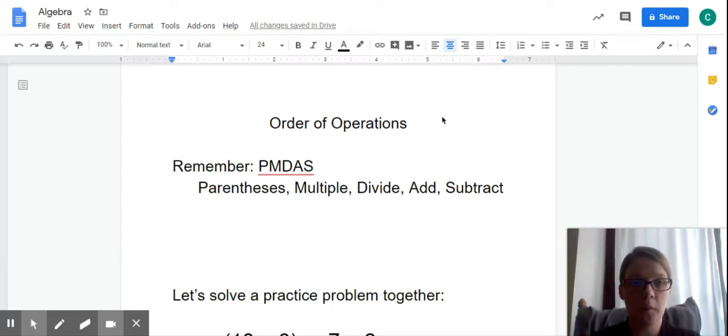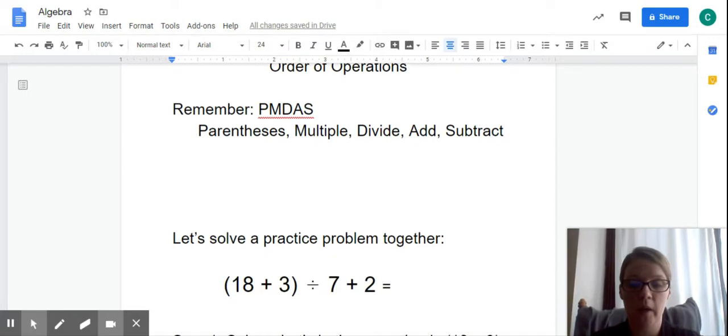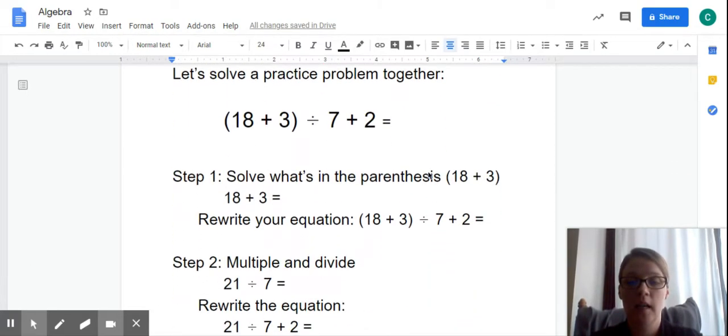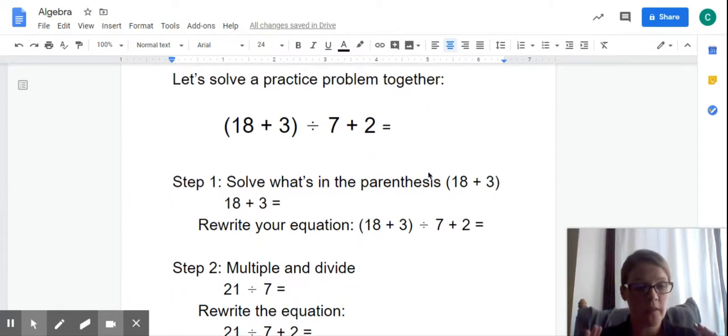We're going to just jump into a practice problem. Again, I think it's the easiest way to learn it. So we're going to solve 18 plus 3 in parentheses divided by 7 plus 2. Step 1, we're going to solve what's in the parentheses, 18 plus 3. 18 plus 3 equals